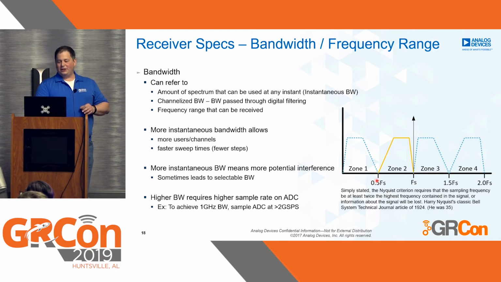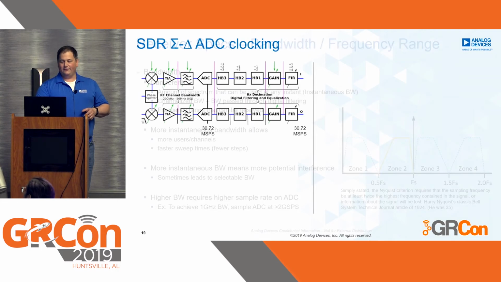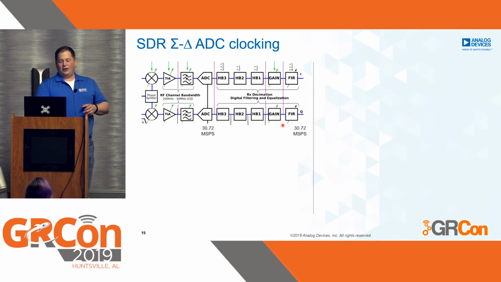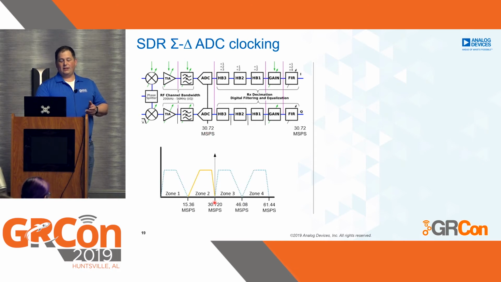But we need to make sure that when we're doing these things, when we think of Nyquist and sample rates, we understand what's going on inside the radio as well. So if we think 30 megasamples a second coming out of the radio, well, does that mean the ADC is running at 30 megasamples a second? If it was, anything that was coming in at 15 megasamples a second would alias back into our ADC, or in our adjacent channels. And that's what Nyquist says. This is the way it would work.